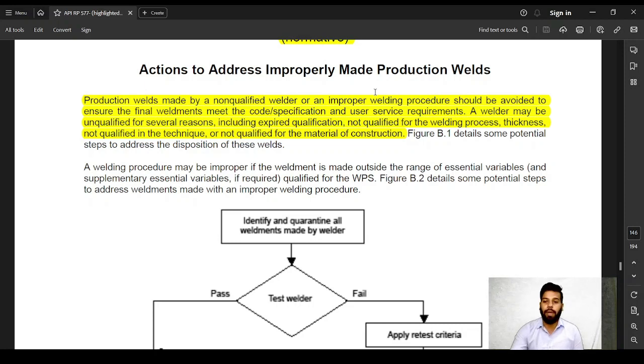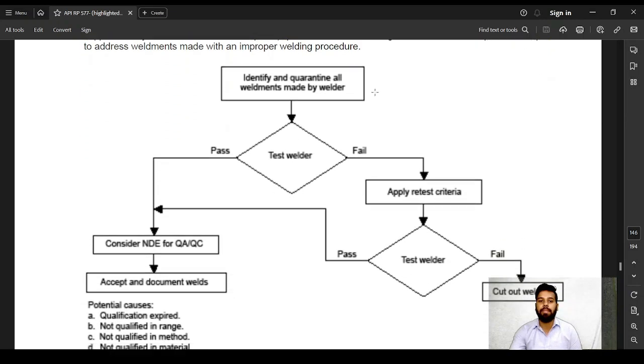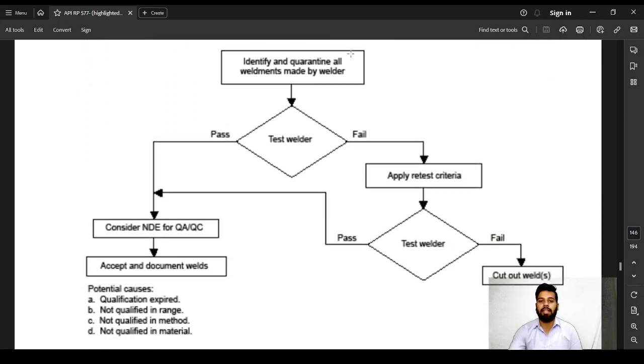Okay, so whenever things like this arise, whenever in the production weld you are seeing any kind of discontinuity and the welder is not qualified, in that case the repair weld shall be made by a qualified welder. This is the flowchart that is given. Identify and quarantine all the weldments made by the welder. Test the welder. If he passes, consider non-destructive examination and accept and document the welds. If he fails, then apply the retest